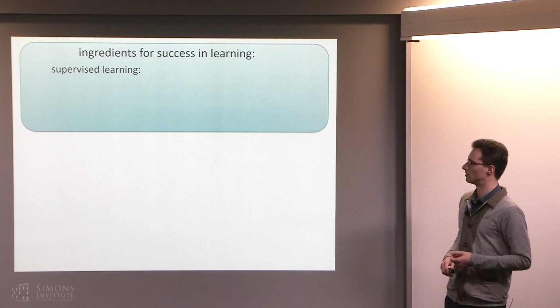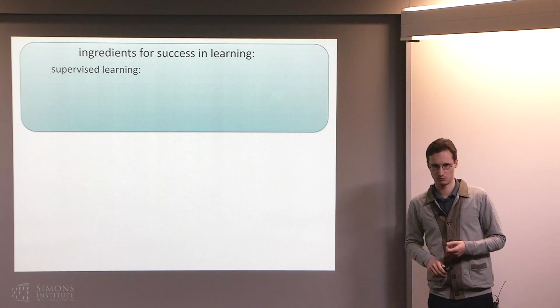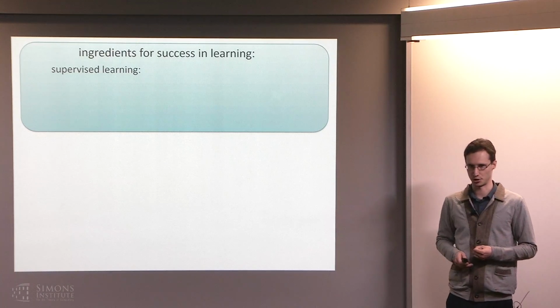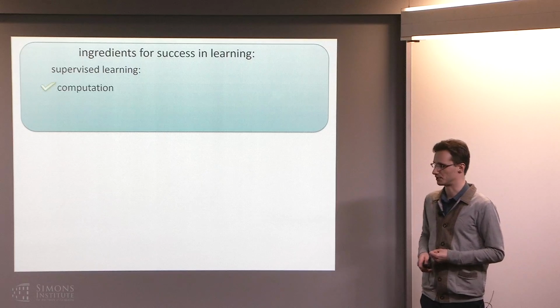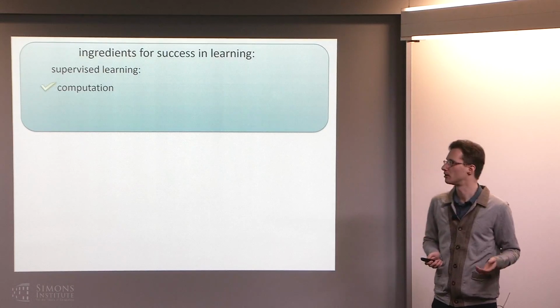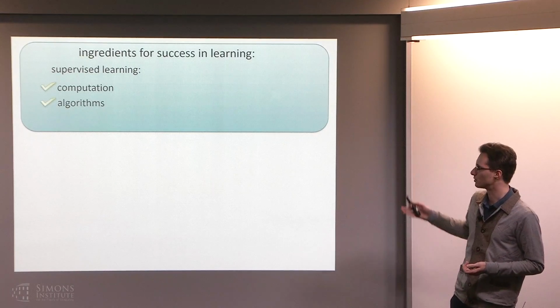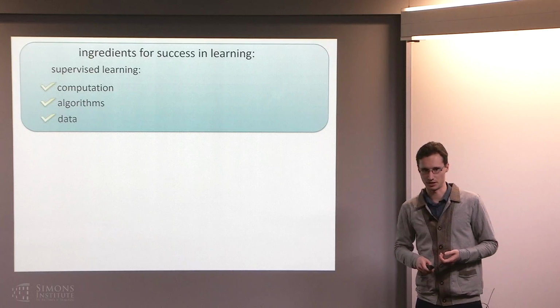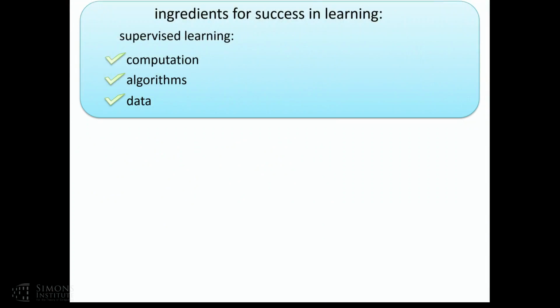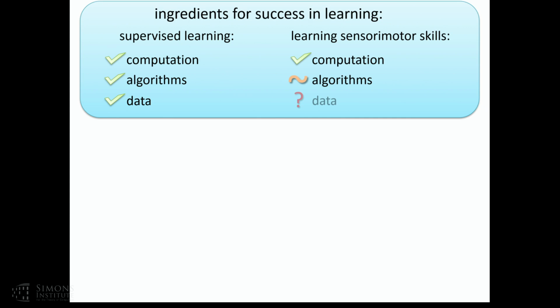And we could look at the things that have contributed to getting good real-world generalization in supervised learning. They include things like availability of large amounts of computational power, improvements in algorithms and models, of course, but also the availability of large amounts of data. And that third point is, of course, very, very important. So when it comes to learning sensory motor skills or learning robotic behaviors, one of the things that we need to think about, besides computational algorithms, is how we're going to get large amounts of data.